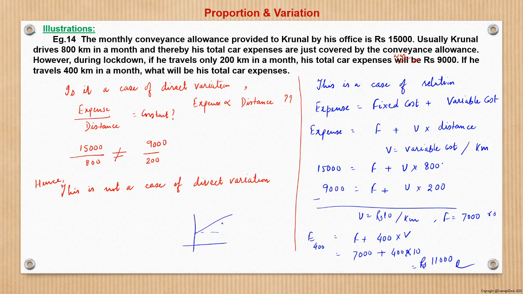So basically this was the case we saw. Irrespective of whatever you do, even if one does not drive the car, a fixed cost will still be incurred, say on maintenance or other things. And the variable cost will be the cost of, say, fuel and other things, which varies kilometer-wise. So that is what this question was based upon. This is a case of direct relation, right?